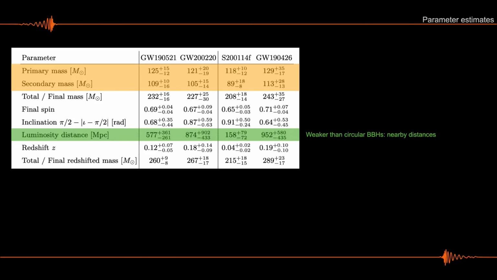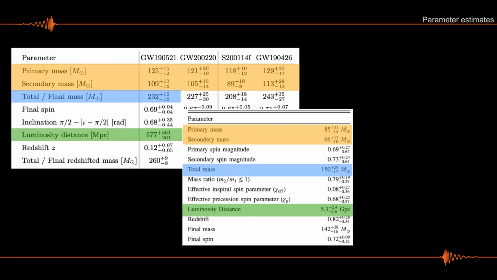But I want to go back to the thing of the distance. As I said, when we compare to the boson-star model, because it's head-on, we infer a very short distance. And this actually punishes this model with respect to the black hole merger model, because that circular black hole merger model predicts louder signals. Therefore, you can put them really farther away, 5.3 gigaparsecs versus 0.5, so 10 times farther away.